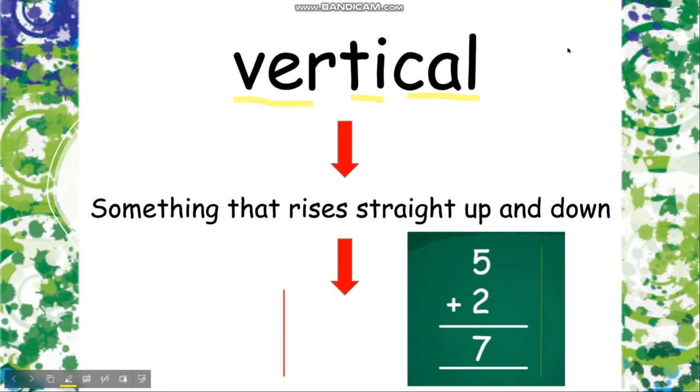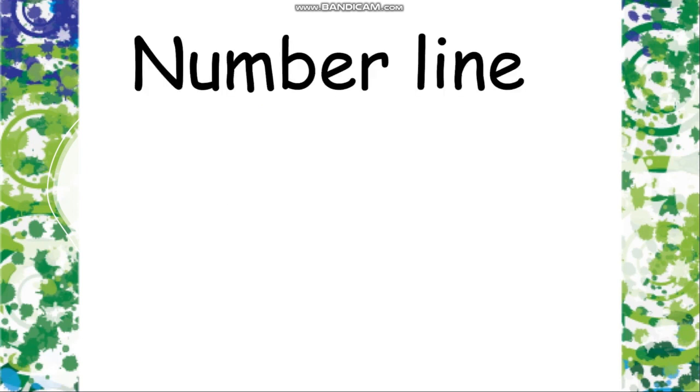So anything that is standing, जैसे कि pole हुआ, right? You can see the street lights also. They are also vertical, right? एक बड़ा सा pole होता है और उसके ऊपर light होती है, right? So that is also vertical. Okay, so you will remember it. Now let us see the next word.